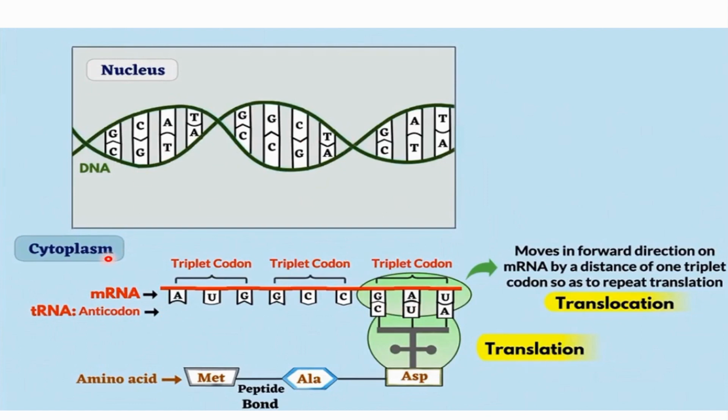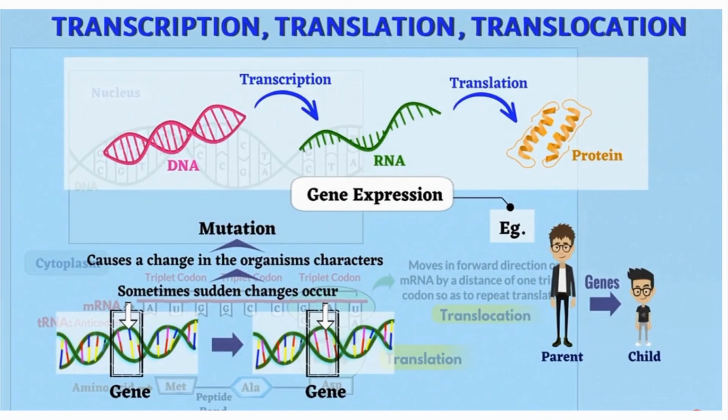So mRNA copied the thing, and this mRNA copied to the template, and the template made into translation, and translation is forwarded through all the triplet codons, that is translocation. So that's how it works: transcription, translation and translocation. Now look at it carefully: transcription, translation, translocation. You will be able to understand.